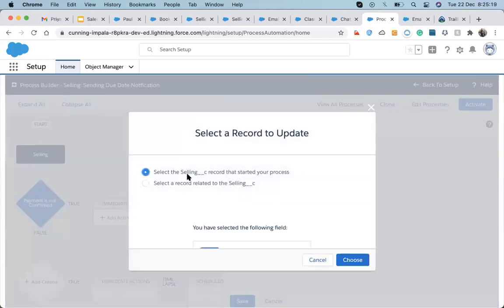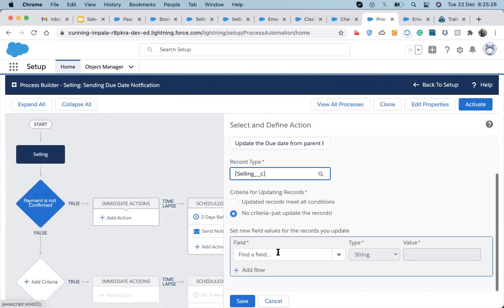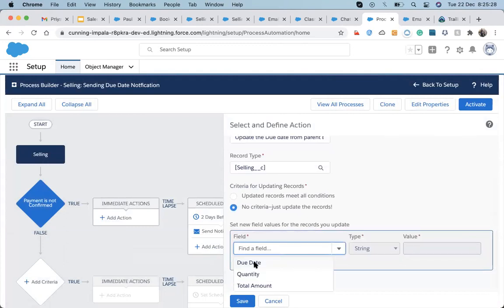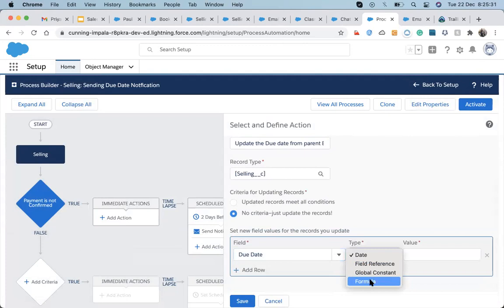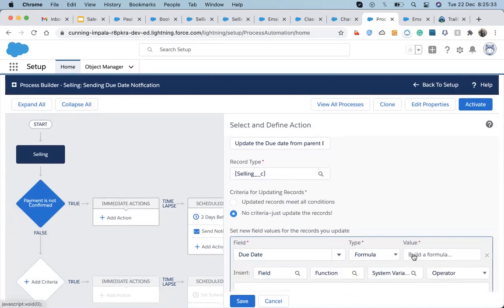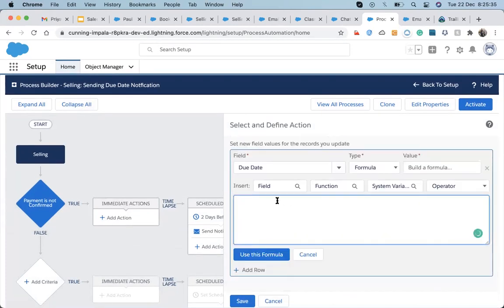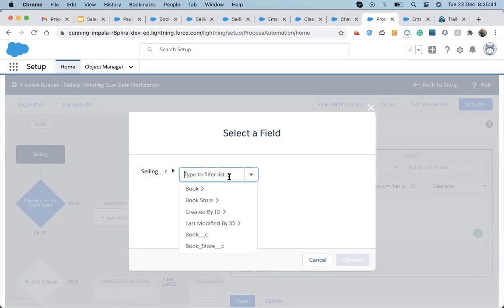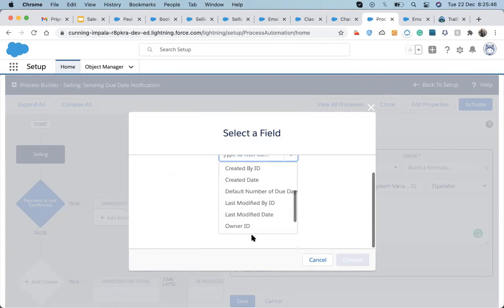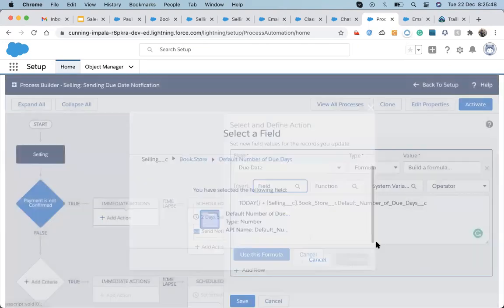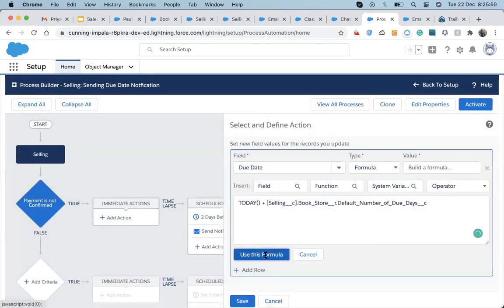So I'm selecting the self record because we are updating the selling record itself. And then I will choose the due date and I will choose the formula. What I will do is check today plus the field, it will be bookstore, the default number of days, choose that, and then use this formula.